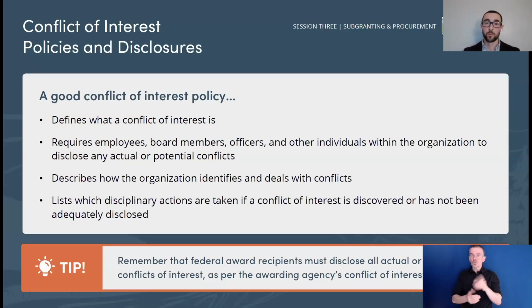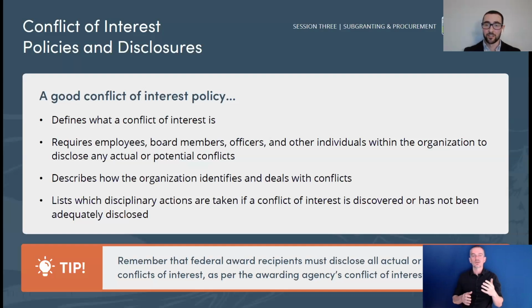So first and foremost, it needs to define what a conflict of interest is, right? So employees, or other members of the organization, are aware of what it is. Maybe provide a few examples, right? That's always helpful. Your policy needs to require individuals at your organization to disclose any actual or even potential conflicts of interest. It should describe how you as an organization identify conflicts and how you deal with them, which includes